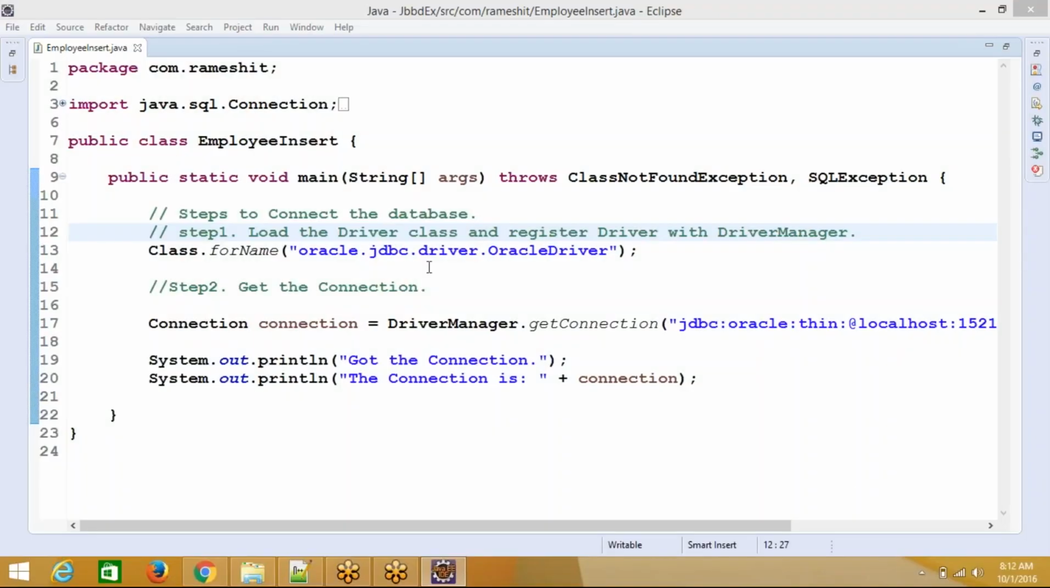What is the use of JDBC? JDBC is used to connect the database from the Java application, right? Java Database Connectivity. If you want to connect the database from the Java application,